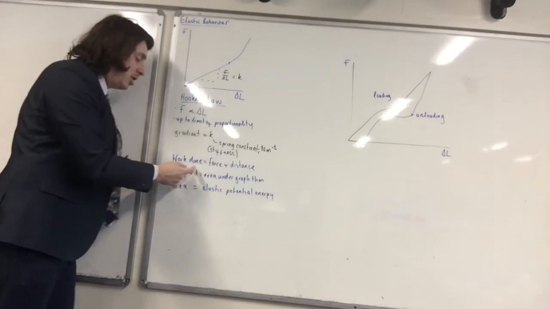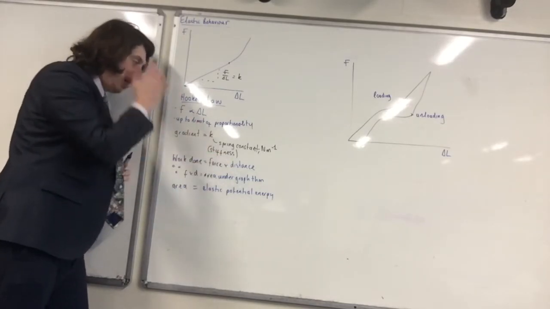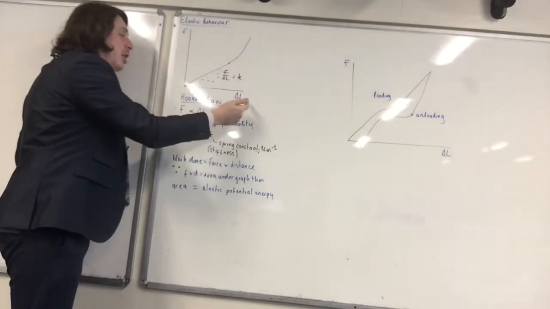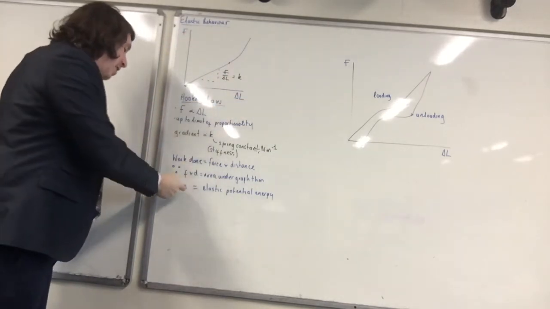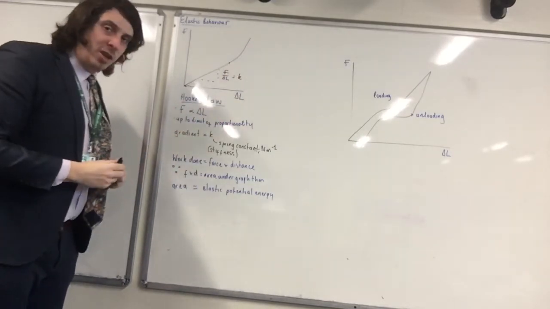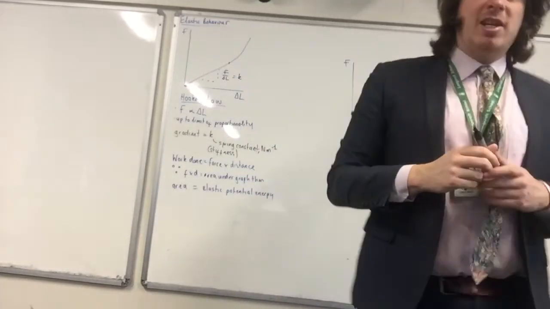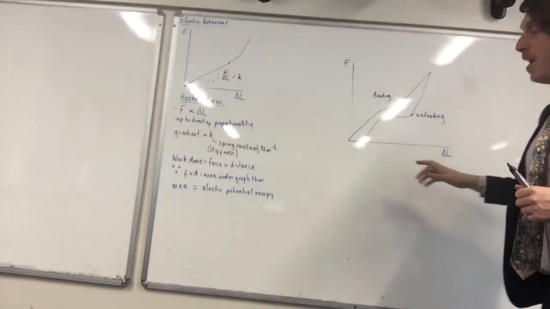We also should know from GCSE that work done, also known as energy transfer, is force times distance. We've got force, and a change in length is a distance, therefore the area under the graph is your elastic potential energy. Okay, so if we have a look at different materials, here we've got a material where we are